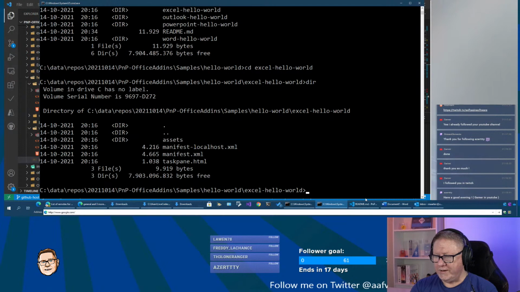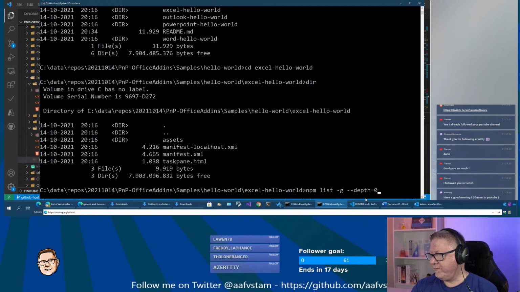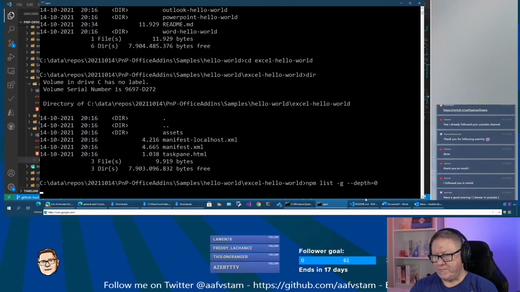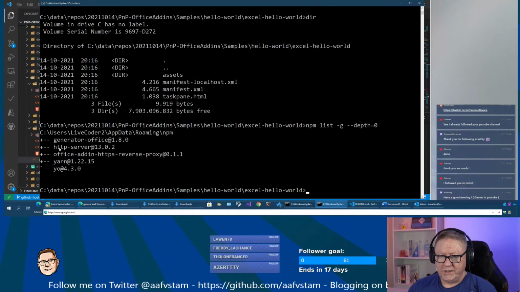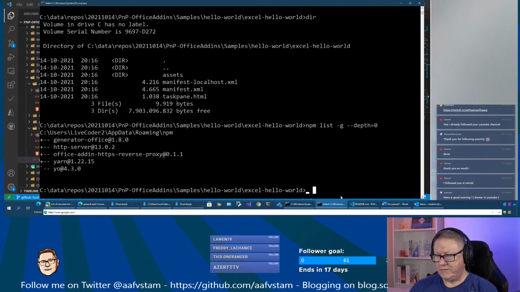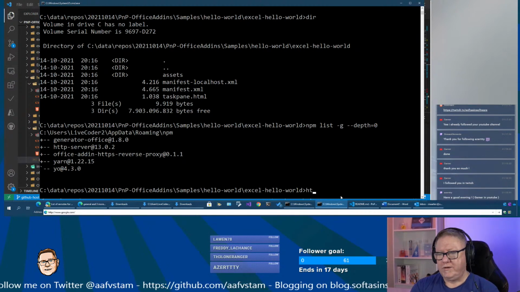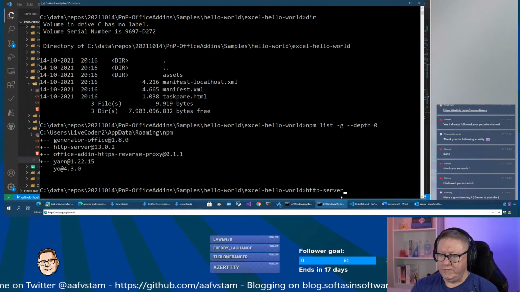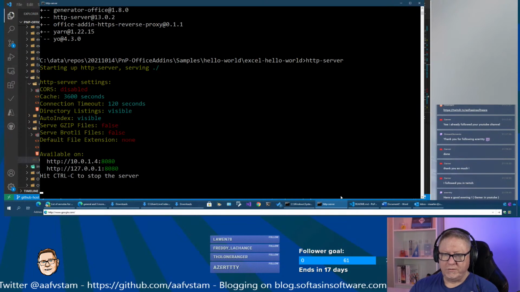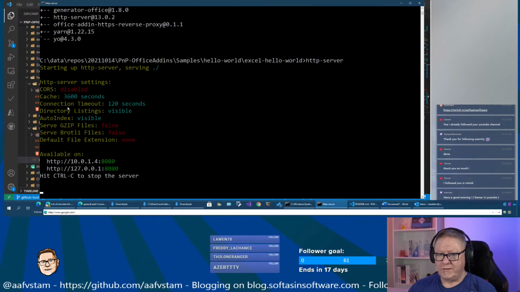HTTP. I was checking, by the way, if I got the component, the package running. npm list global depth equals to 0. That was before the interruption. Yeah, there you can see that the HTTP server is already installed. So I can basically just run HTTP server, and without anything, it's just doing the default on 8080, starting the web server. So if I now go to the browser